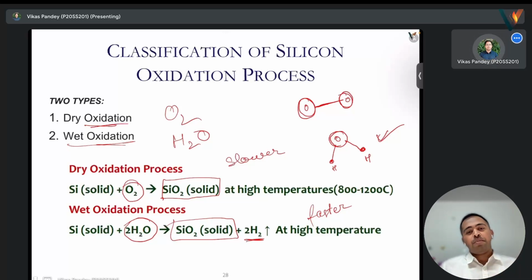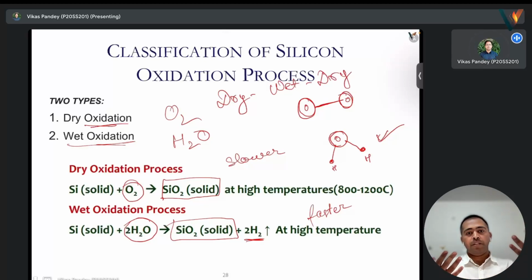Along with that, some hydrogen molecule is also released, and this makes the film not of that good quality. So it is faster, but since it will diffuse out again, this will create some imperfections. Okay, so in general, the process of dry, wet, dry is followed. For the top and bottom layers, the best one we want is dry, and in between, for fast oxidation, we go for